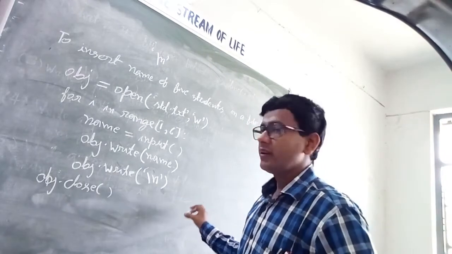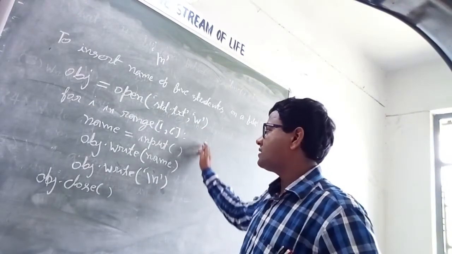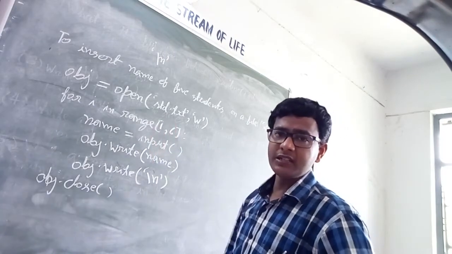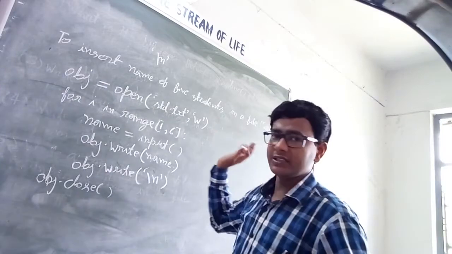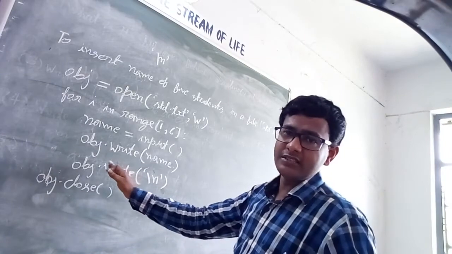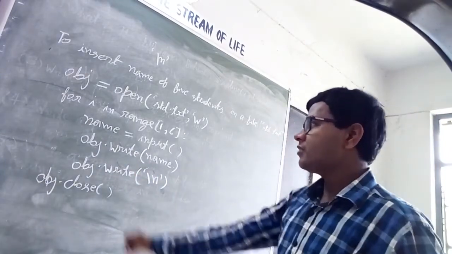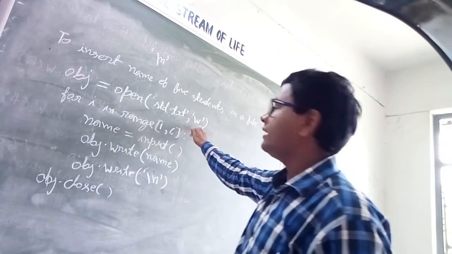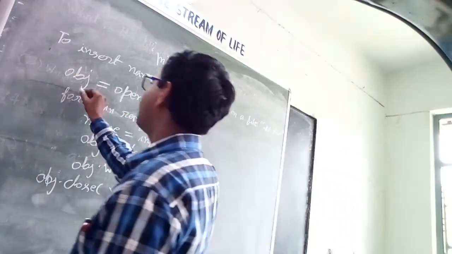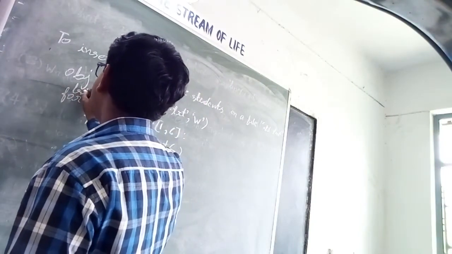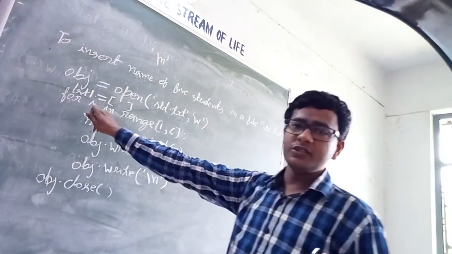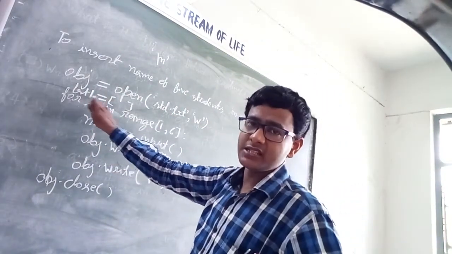Let's say we want to perform these operations: inserting the names of students in a file using the writelines function. Then we perform some small changes in our program. First of all, after opening our file in write mode, we create a blank list, let's say lst1. This statement is used for creating a blank list, lst1.